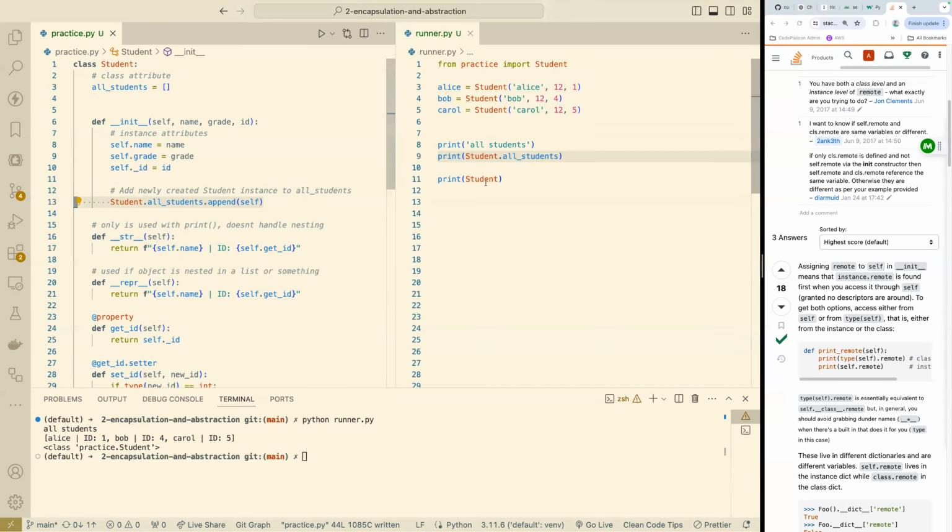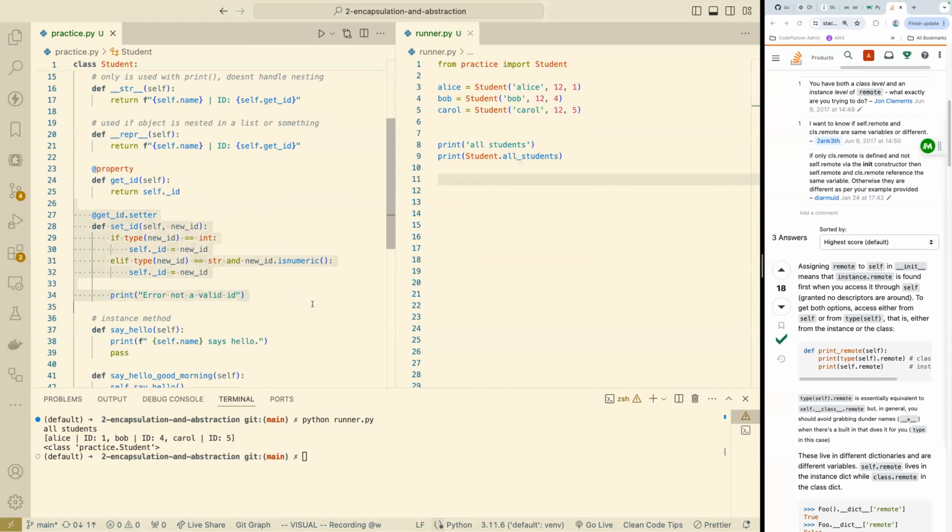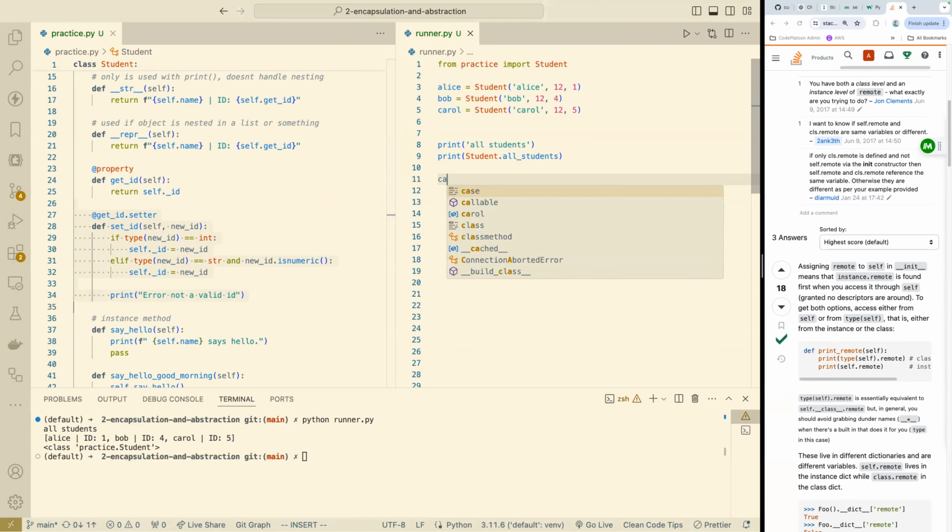Yeah, I'm not understanding how the setter is going to update all students to reflect the change. Great question. The setter is only for an individual student. It's for an instance, right? Or any attribute. So let's take Carol. You're saying after you append it inside of the constructor, you can't edit it anymore without explicitly declaring it,